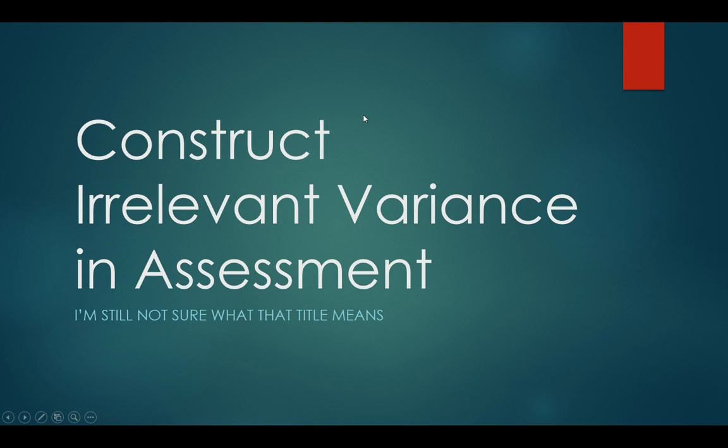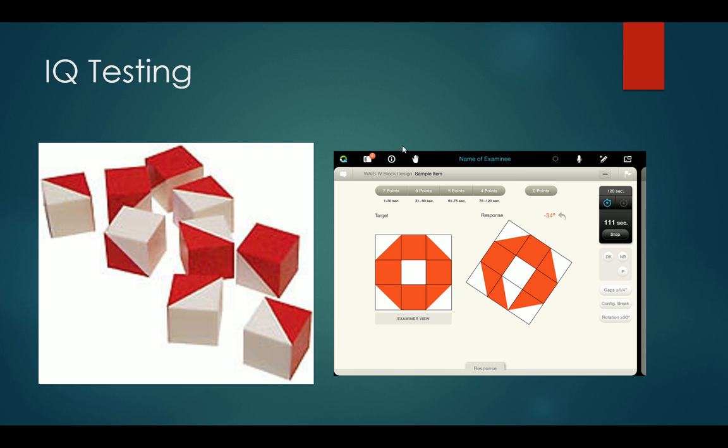Okay, I want to talk about construct-irrelevant variance in assessment. I didn't really understand the article when I read it very well, I don't think. So here's an attempt to simplify it into a situation that I use fairly frequently, and that's during IQ testing,